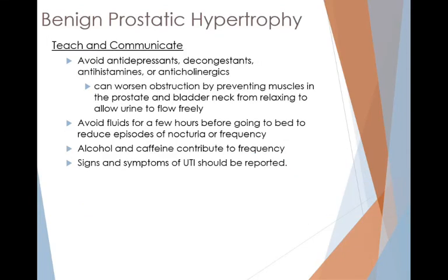If you are having benign prostatic hypertrophy, you're supposed to avoid antidepressants, decongestants, antihistamines, things that stimulate the sympathetic system, because we want something that's going to relax and let the smooth muscles open. If we are doing ephedrine, like what's in decongestants or antihistamines, those actually stimulate the sympathetic system. Anticholinergics, cholinergic, colon is rest, digest. Cholinergics mean parasympathetic system. If we block the parasympathetic system, we are causing smooth muscle constriction, and that makes obstruction worse